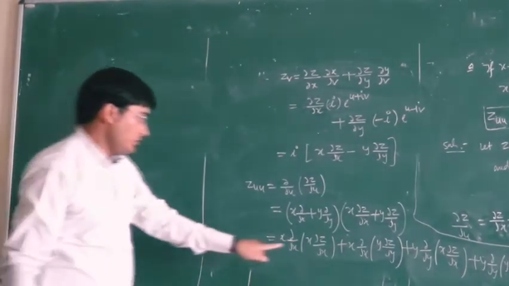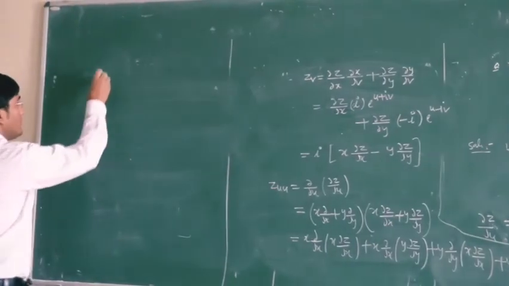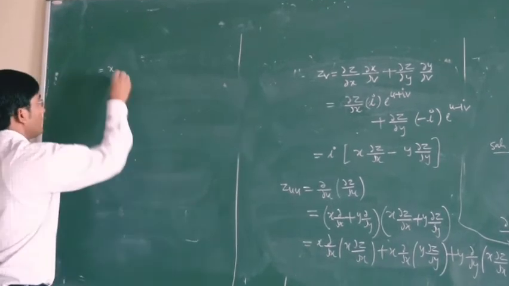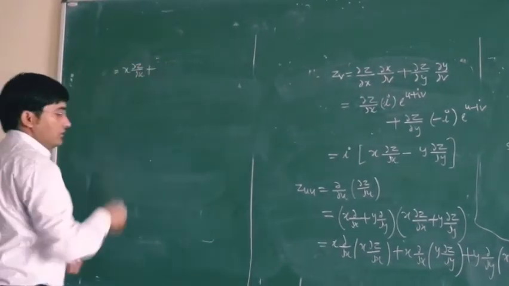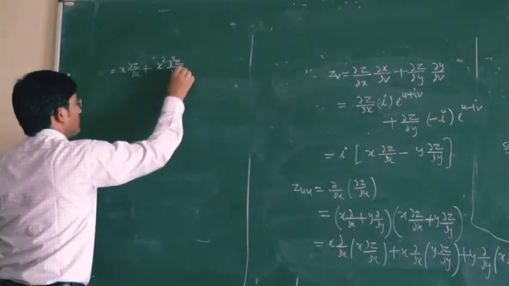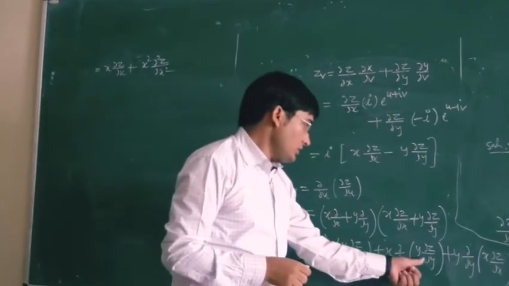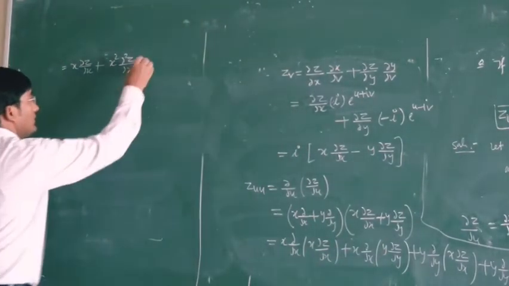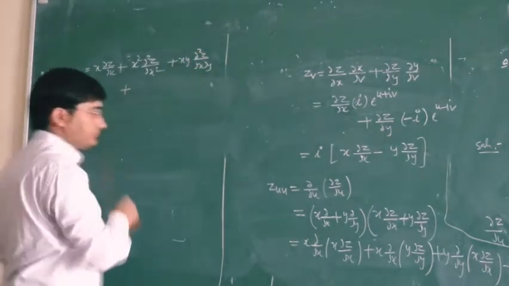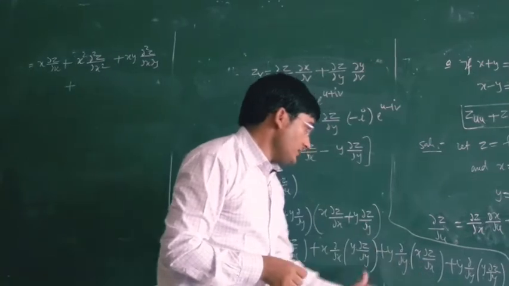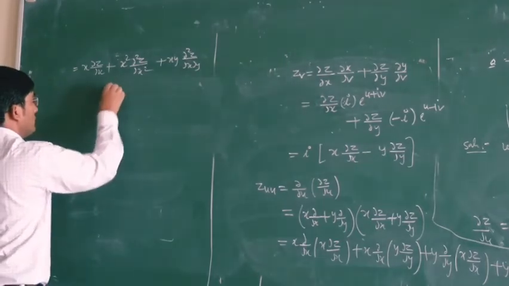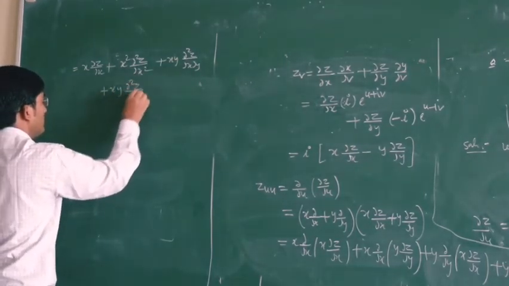Now we can use the product rule here. So we have x, the differentiation of x will be 1. So we have x del z from del x here. Then your second term will be x square del 2 z from del x 2. Then here your y is constant, so we will get xy into del 2 z from del x del y. Then here your x is constant, so we will get xy into del 2 z from del x del y.